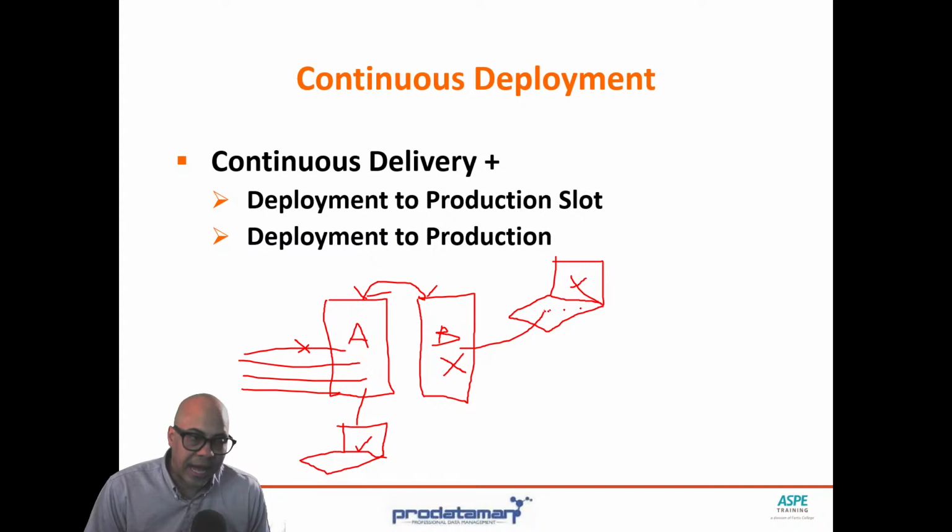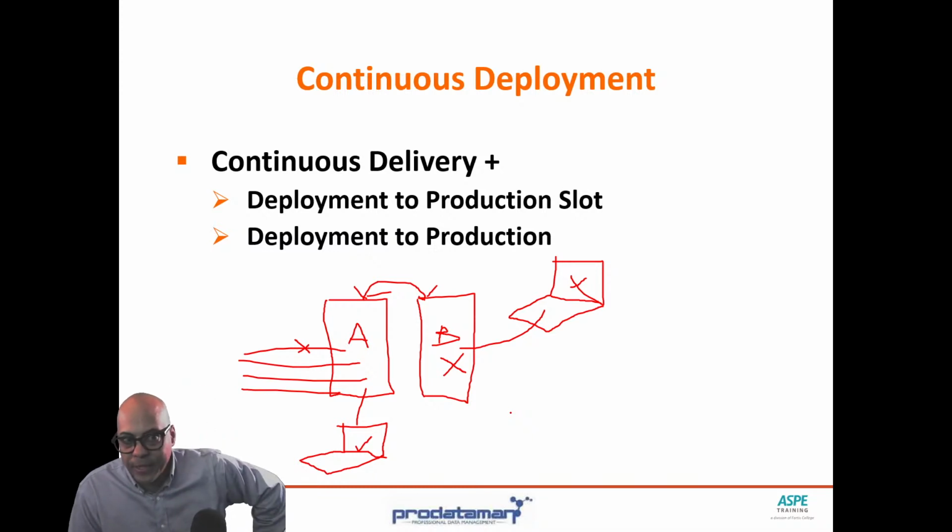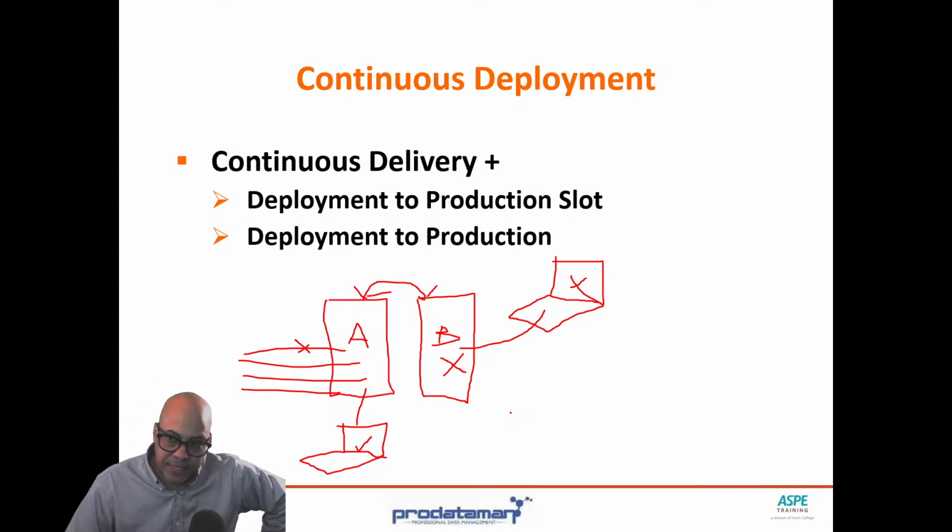So doing this slot deployment means that we can deploy to slot A, we can verify that slot A is working, and then we can swap the slots. And because all we're doing is redirecting DNS and we're not actually copying or deleting any files, nothing can break. Worst case scenario, you redirect DNS to some incorrect location, which really can only happen if you're letting a human do it. They can fat finger it or they can make a mistake. But if this is an automated process, it's very unlikely that it's going to make a mistake swapping slots.